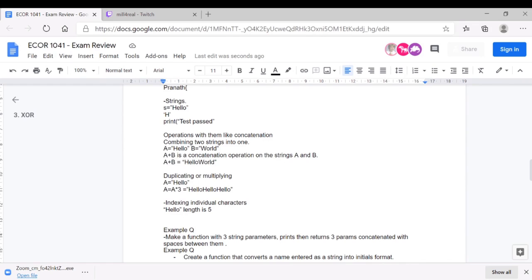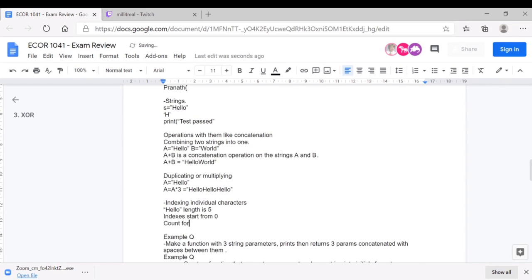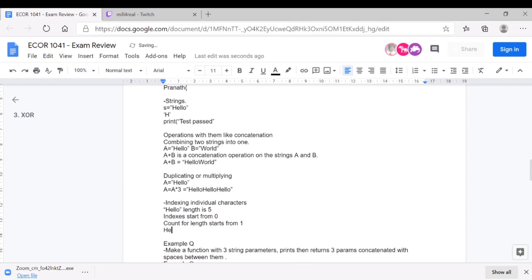The indexes start from 0, whereas the count for length starts from 1. As a result, if we have a string called hello, then its indexes would be 0, 1, 2, 3, and 4.